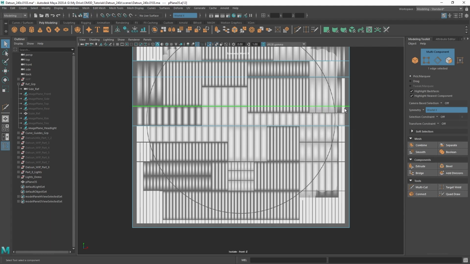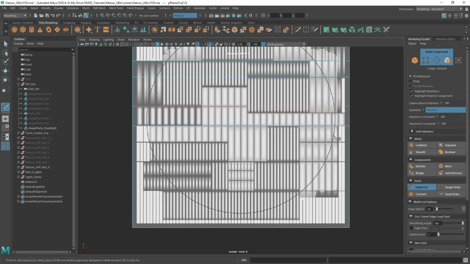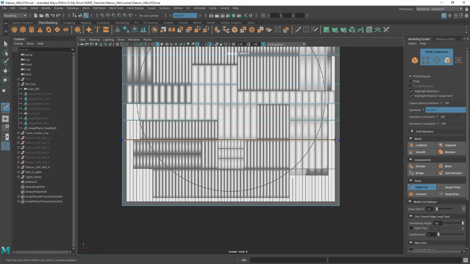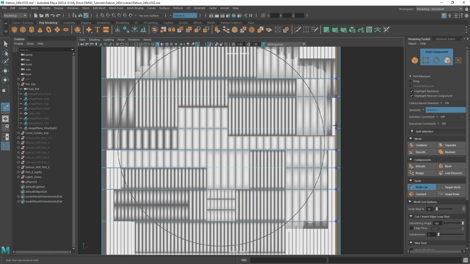So in edge mode, I go Shift right click, multi-cut, and then I can just start cutting in all of these lines. Now, I'm not doing the vertical lines yet. I'm only doing the horizontal lines. All right. So with this, I go ahead and do all of this, and this is going to give me